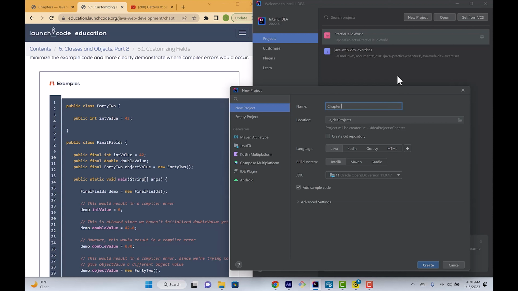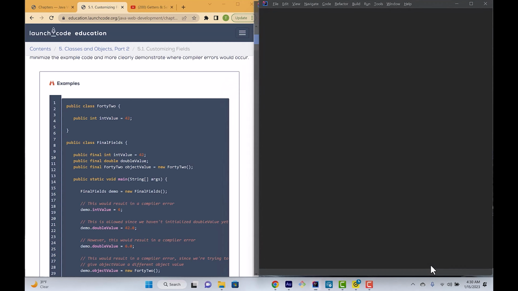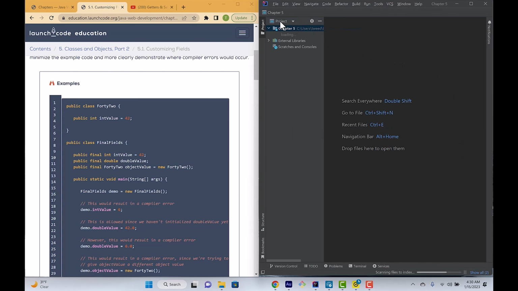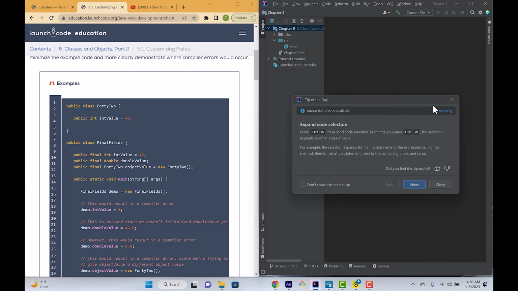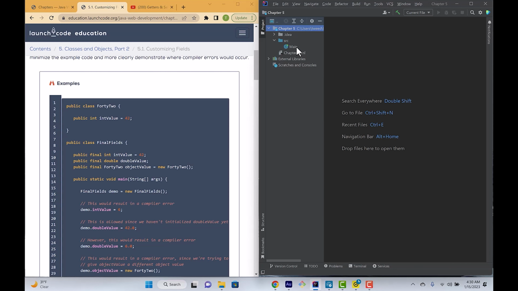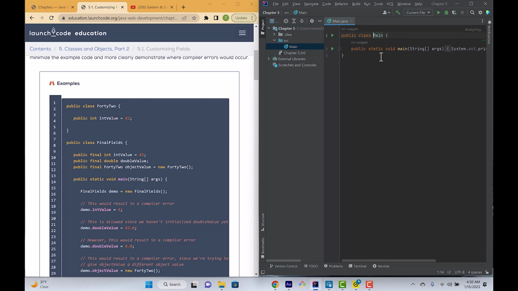Because it's important that you practice and play around with the code. So I'm going to create everything. All my settings are correct, so I'm going to create this. Okay, so now what I have is chapter 5, and I have my source and I have my main. But what I'm going to do here, let me close that. So if I look in my main, open up the main here,